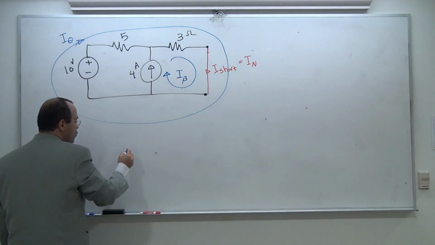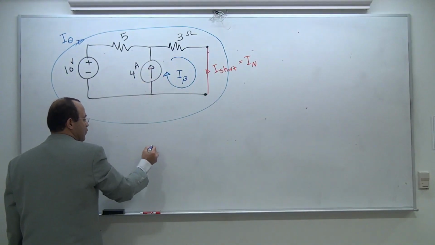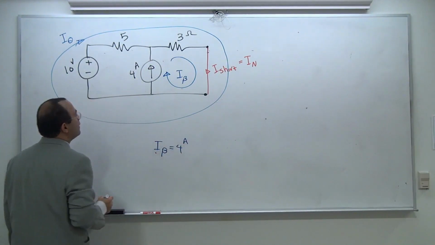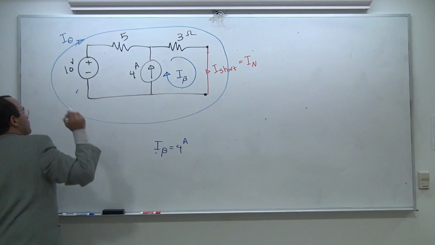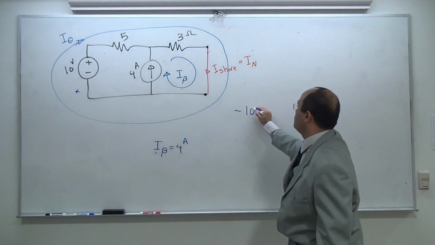The internal loop is very easy. This current is actually going in the same direction as 4 amp. I beta is 4 amp, so you've got it already covered. The only thing that is left is the outer loop. So let's start from this point. It's going to be minus 10 plus